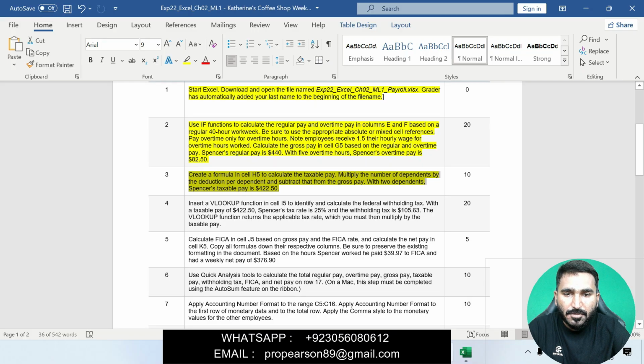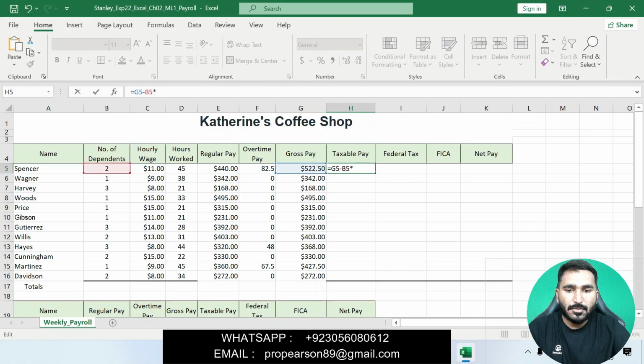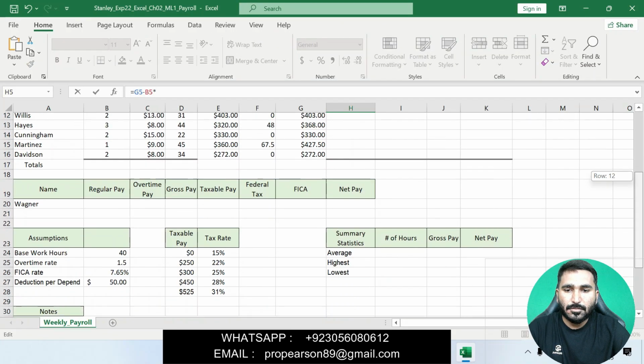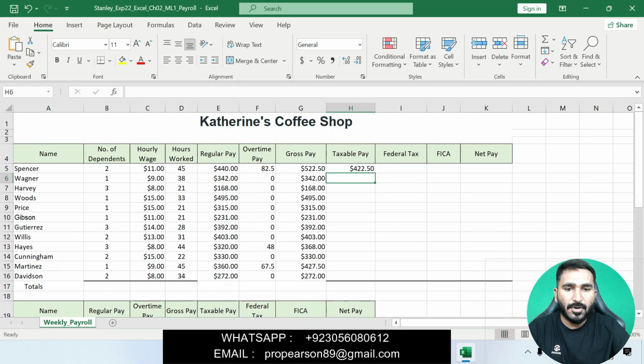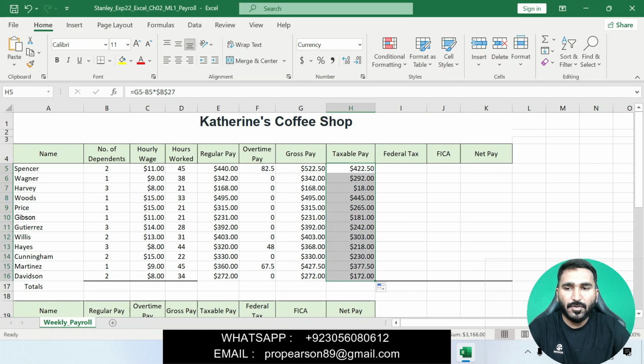With two dependents, multiply the number of dependents by the deduction. B27 is the absolute reference value. Then press enter. It will find the taxable pay in cell H5. Use the fill handle to copy the formula.